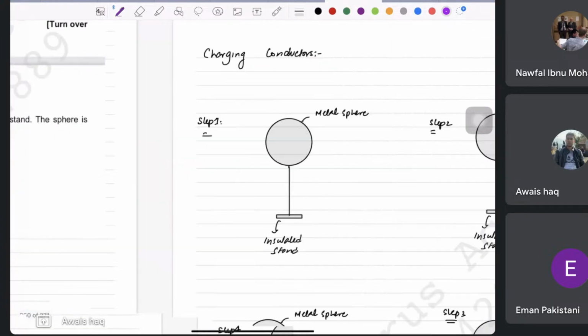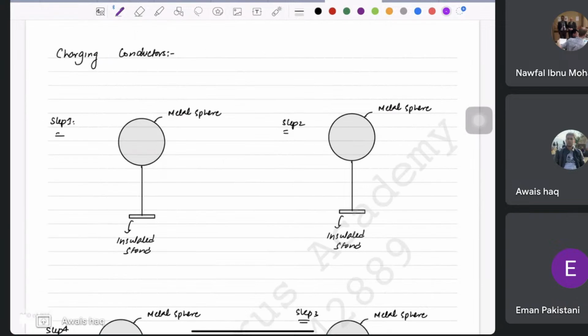Okay. Now, so then we got to learn how to charge the metal conductors. So when you have to charge, basically you guys need to understand a few things about it, and then obviously you will learn. So the first step is